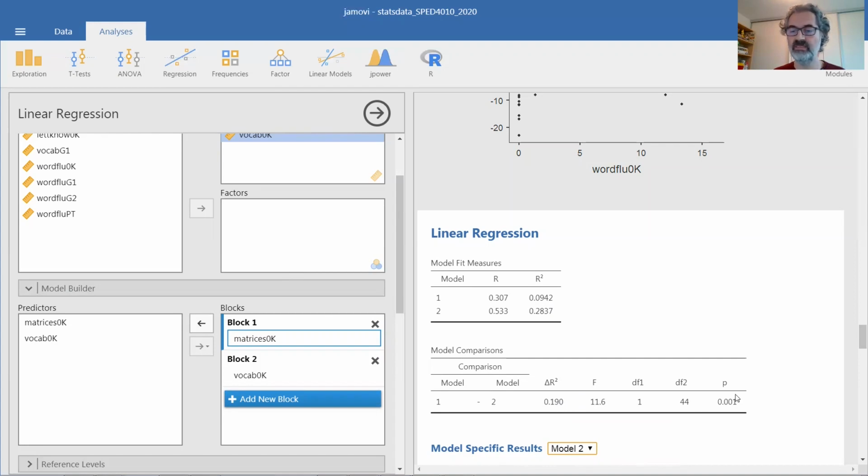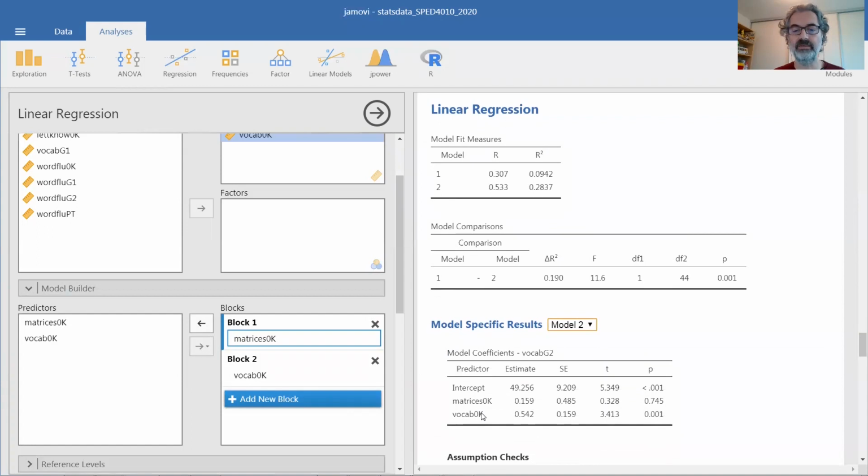And this is statistically significant. So the extra variance accounted for in step 2 is statistically significant. This means that vocabulary in kindergarten is statistically significant after controlling for nonverbal ability in kindergarten in predicting vocabulary in grade 2. If we did that in the opposite order, it would have to be interpreted